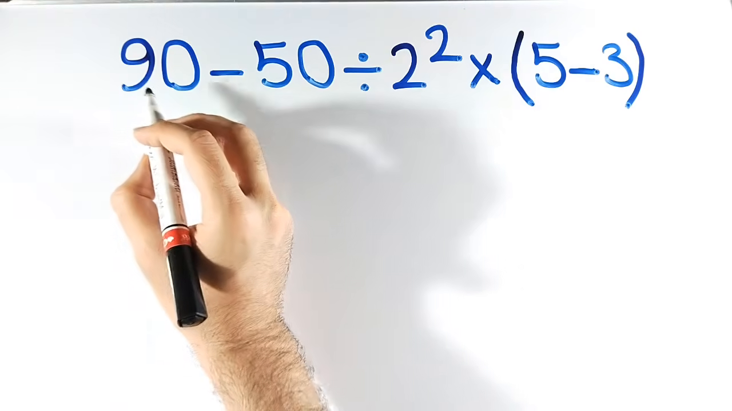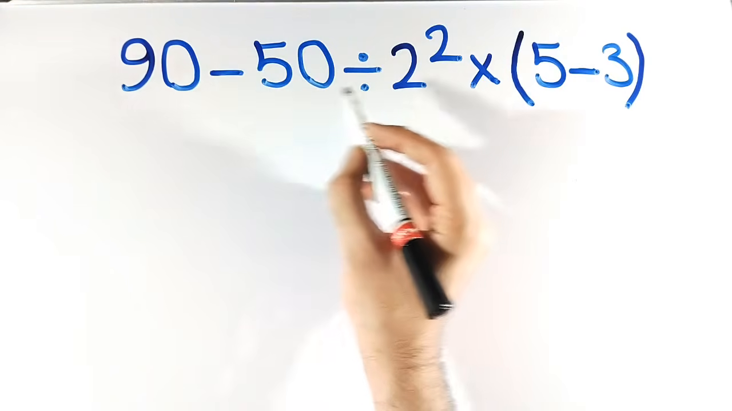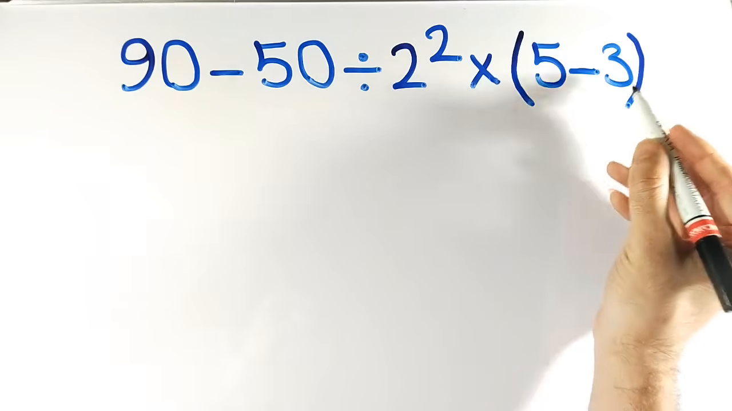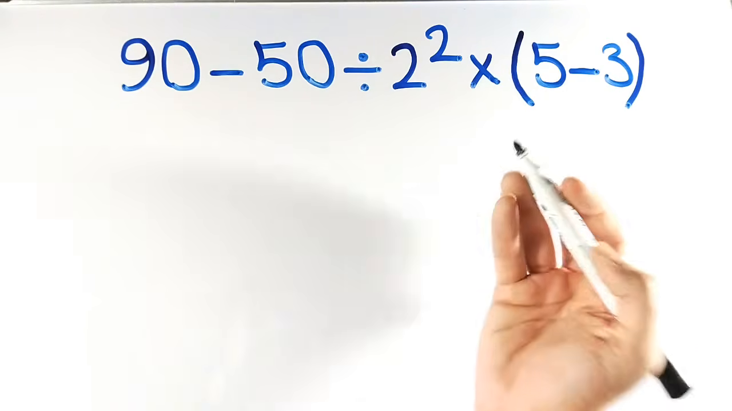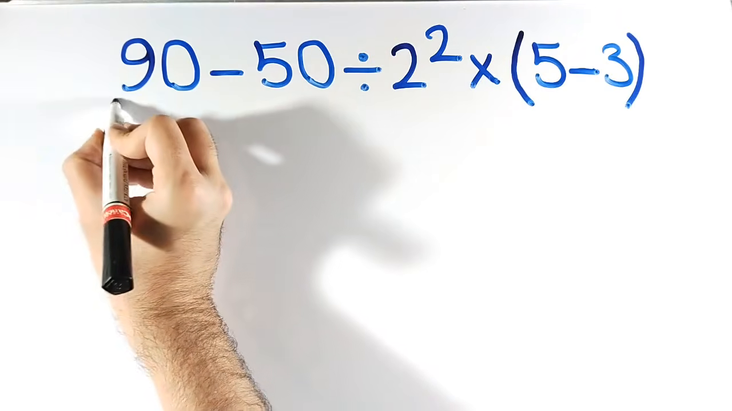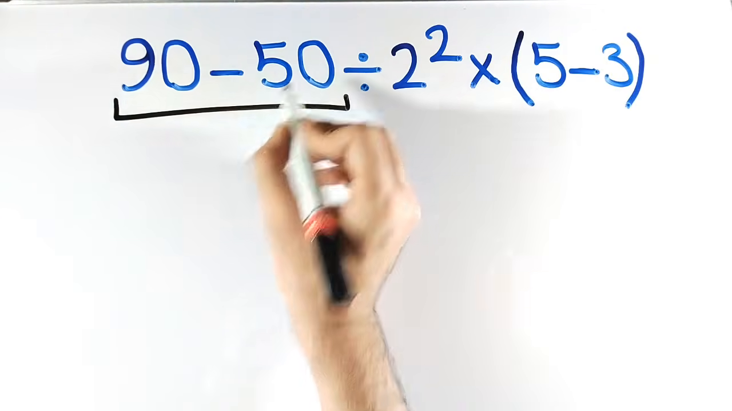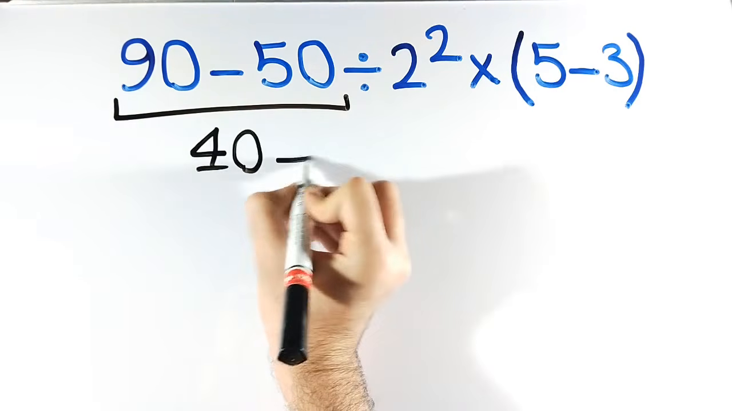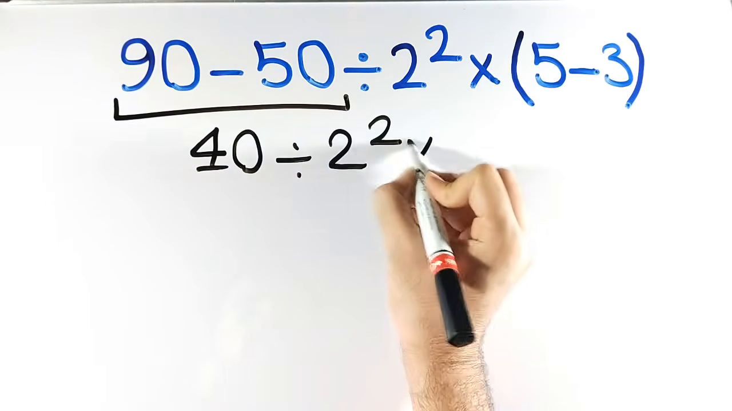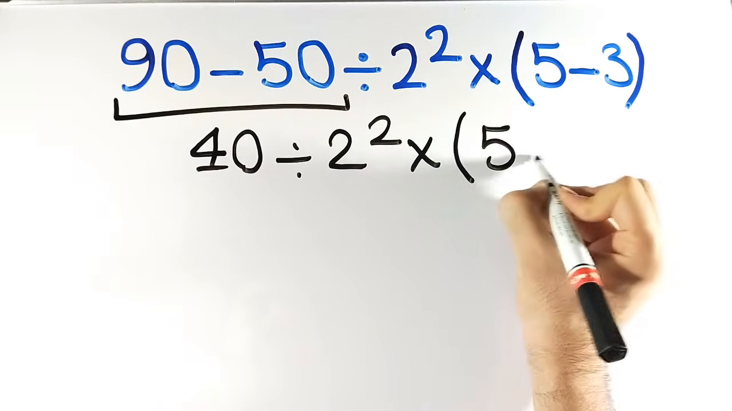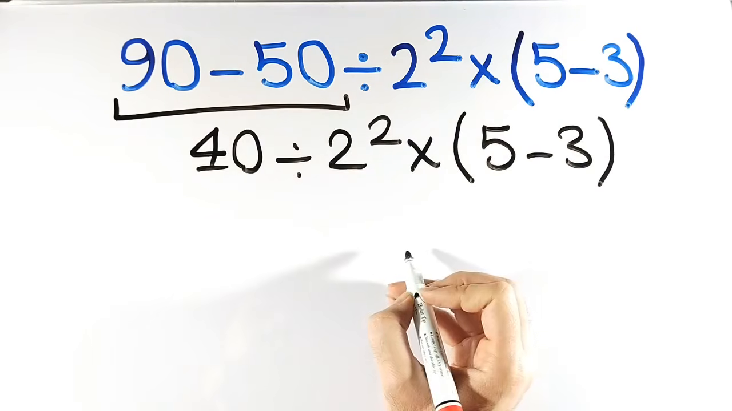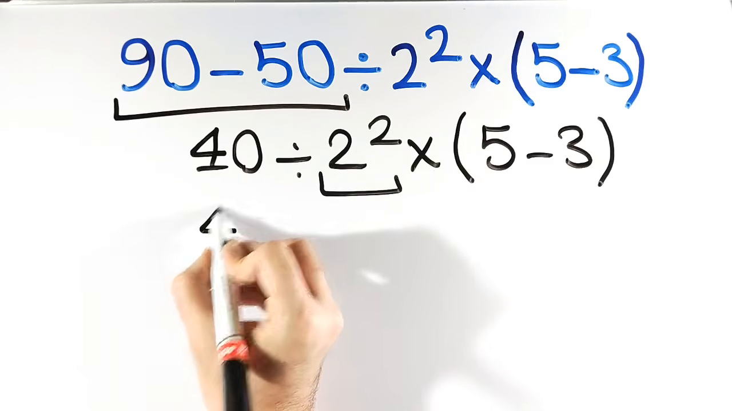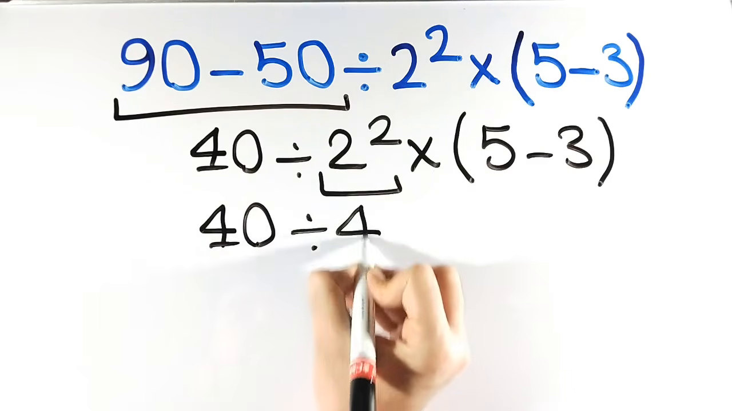What is the value of the expression 90 minus 50 divided by 2 squared multiplied by (5 minus 3)? Many people, when solving this question, first go for the subtraction between 90 and 50. And instead of this expression, they write 40 divided by 2 squared multiplied by (5 minus 3). And the next step, they go for the exponent and write this expression as 40 divided by 4 multiplied